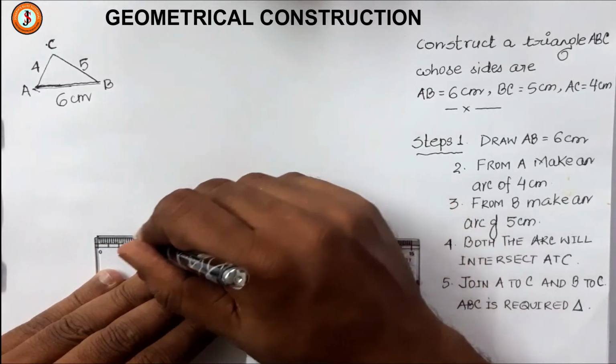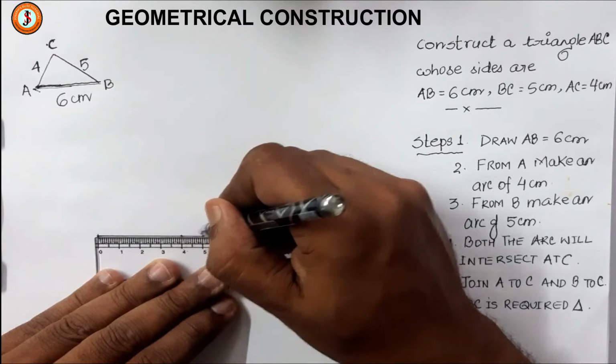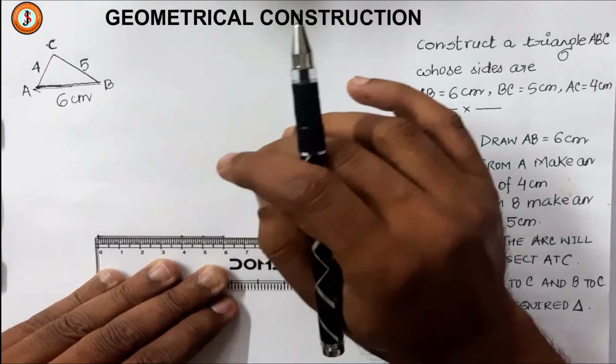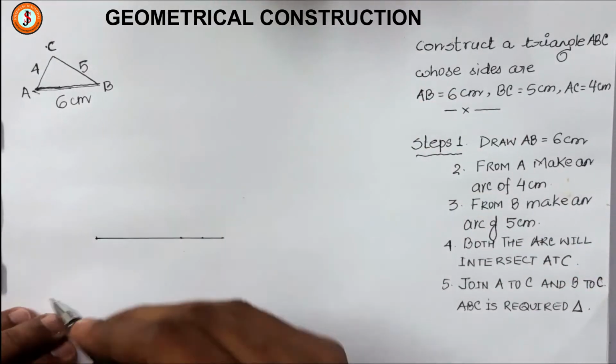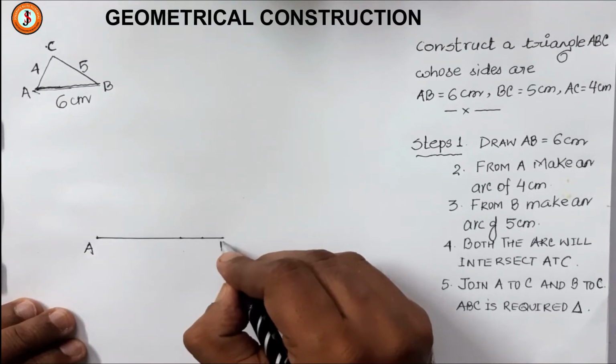So I have got AB first, but see what intelligently you can do: you can mark these two lengths. From here to here is 4 and from here to here is 5, you need these lengths. So now I have drawn AB. AB side is drawn.